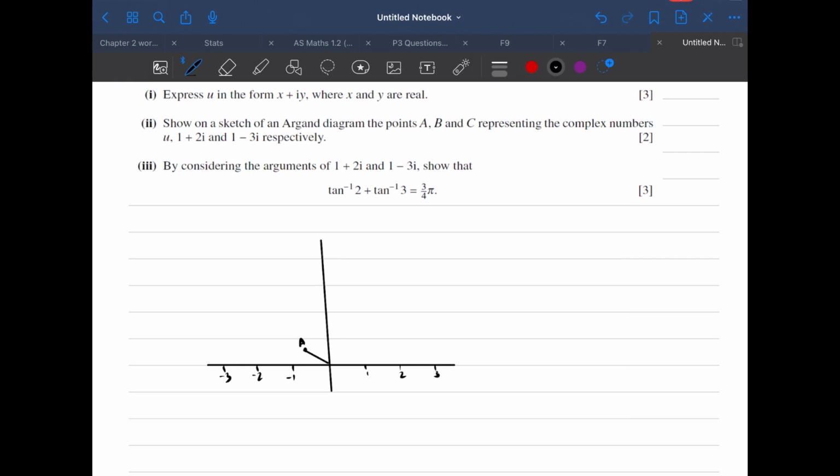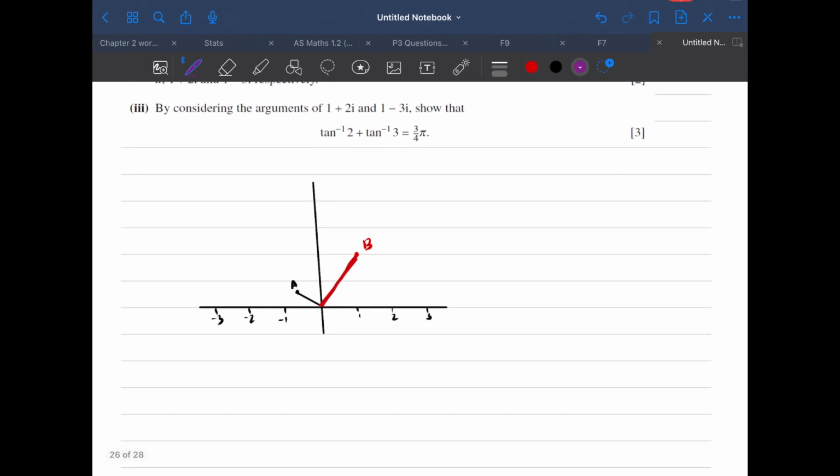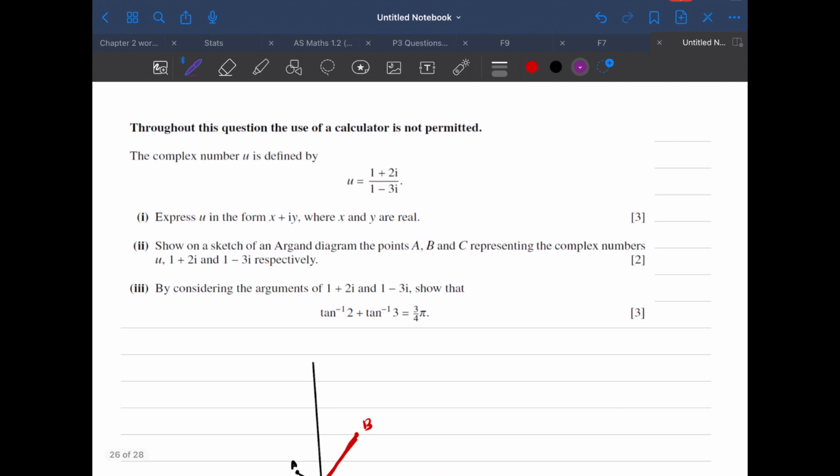फिर बच्चे B बोले 1 plus 2 iota. So 1 plus 2 will lie here. That's my B. Right? Then बच्चे C आपको बोला हुआ है. It's what? 1 minus 3 iota. So 1 and minus 3. It's going to lie here. Got this? So that's my C. That's how I draw Argand diagram. So we have completed the